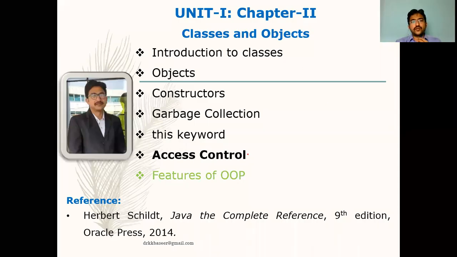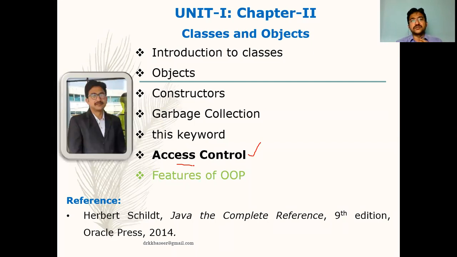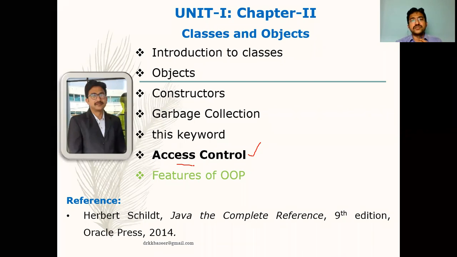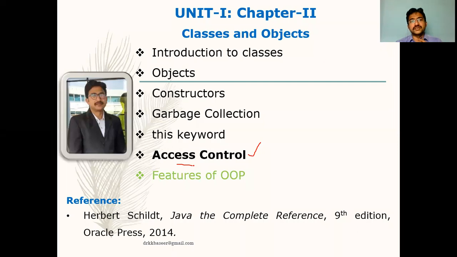Let me start today a new topic called access control. The main motive of this topic is giving permissions for the things available in a class. What are the things available in a class? The data members, methods, constructors, or a class within the class, which is called a nested class. To give some permissions to people outside the class, or to other classes, we are going to give this permission with the help of access. Now, to control those permissions, we are going to use access control.